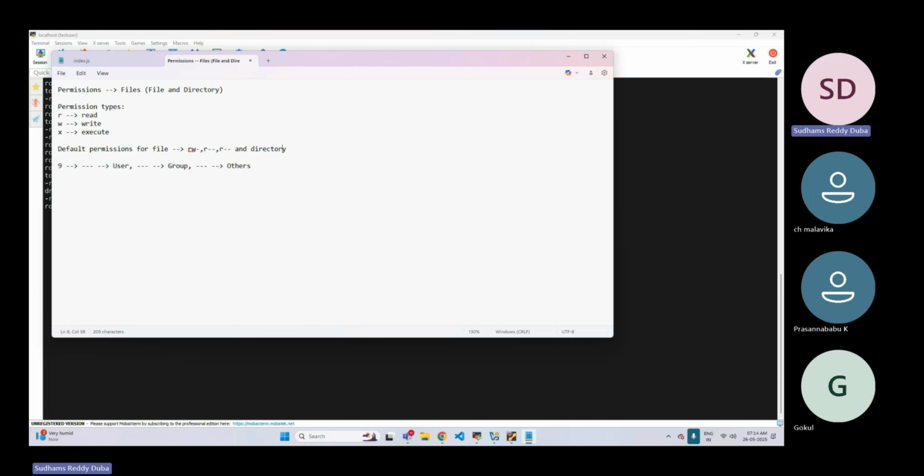I'll tell you what that means in binary format as well. For a directory, it is read, write, execute for a user, read and execute for group, read and execute for others. So these are the default permissions for a file and directory whenever you create one on the system.